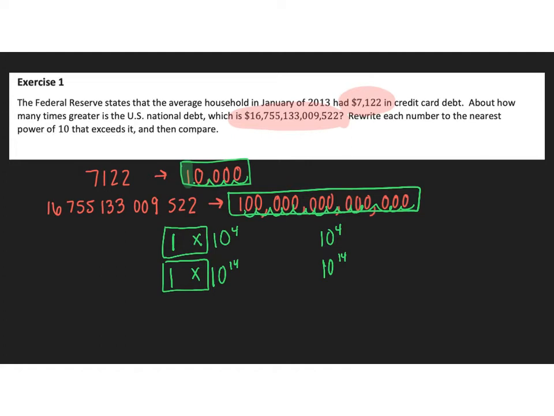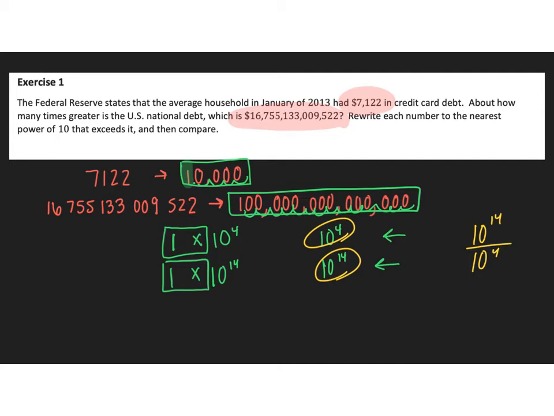So now I've estimated these as powers of 10, and I want to compare them. I want to see, well, how many times greater is this than this? So if we were ever trying to figure out how many times greater something is, we use division. So if I say how many times greater is 4 than 2, well, 4 divided by 2 is 2. So how many times greater is 10 to the 14th than 10 to the 4th? Well, I'm going to do 10 to the 14th divided by 10 to the 4th and see how many times